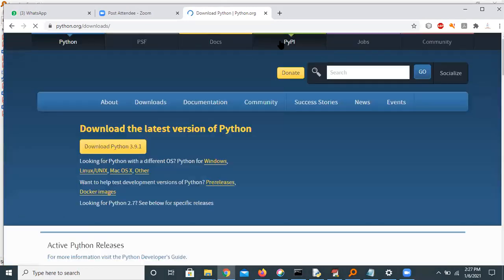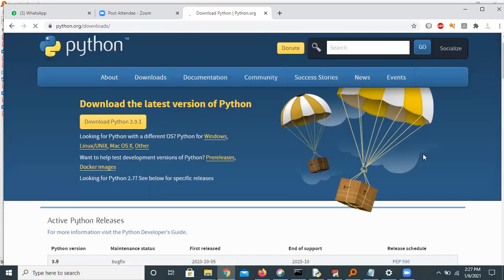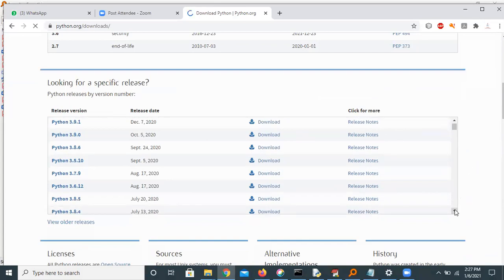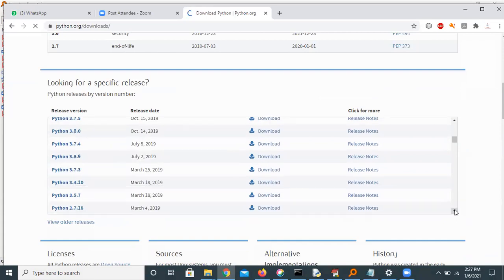Here it shows all the versions, these are the specific releases. I need a specific release, that is 3.7.0.